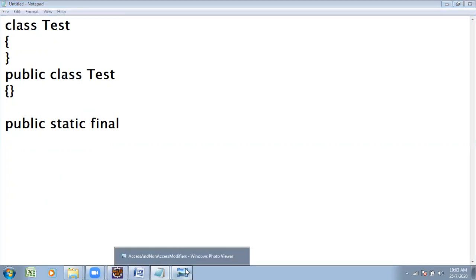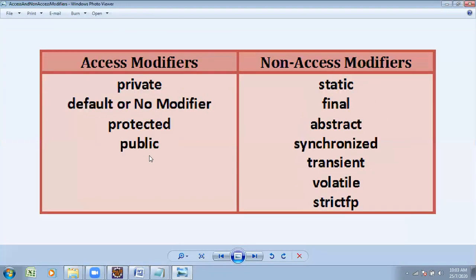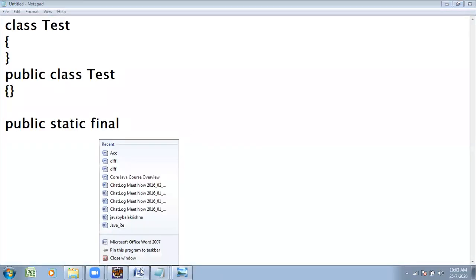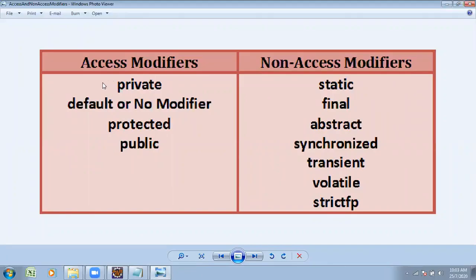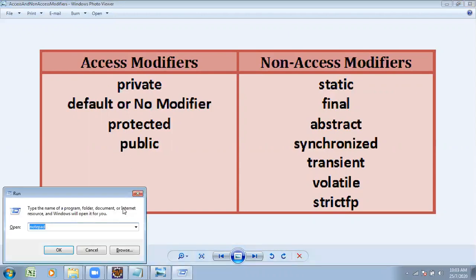Java supports the following types of access and non-access modifiers. Access modifiers are public, private, protected, and default type. You have a doubt, sir: when is public recommended, when is private recommended, when is protected recommended, when is default recommended? Try to observe one by one. First we need to concentrate on before which fields these can be applied.